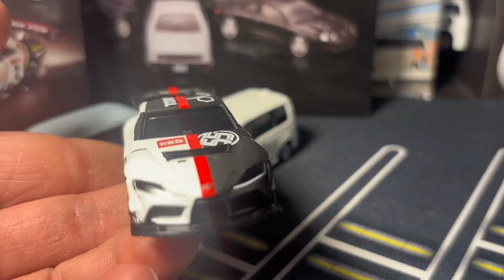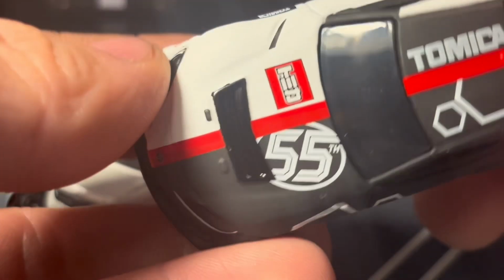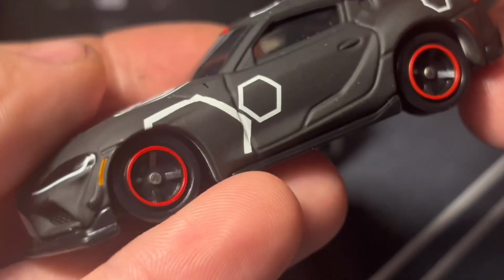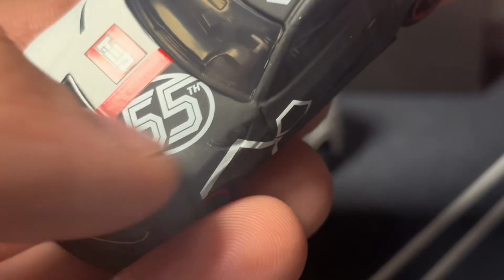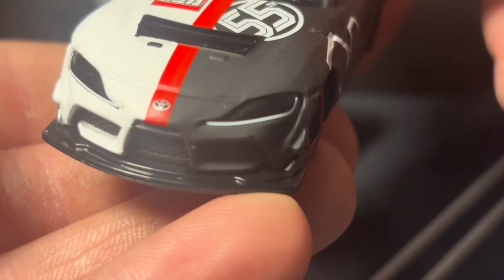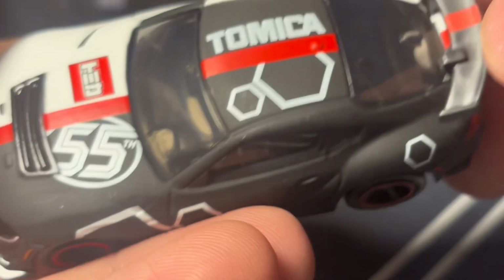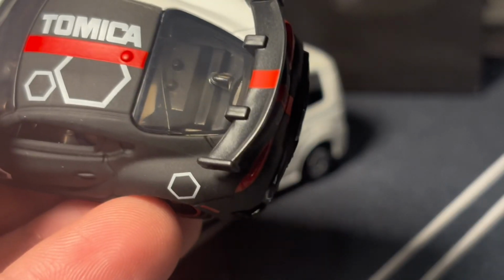But here it is. It's kind of got a two-face going on here, and it is a flat finish. This is not metallic, and I'm dropping it, but it's a flat paint finish, which is pretty cool. So you got this side's flat black, and then you got the white over here. And they got different decals on the side. This one, I don't know really what's going on here with these trim pieces, these honeycombs. 55th on the side of the hood here. You got your Toyota logo on the front. You got your LED strips. Of course, the grille is painted flat black, but this side, they didn't really have to line it out because it's all flat black. The honeycomb on the roof with the red stripe going right down the middle, transitioning onto